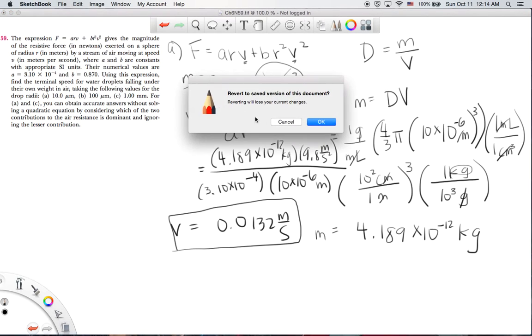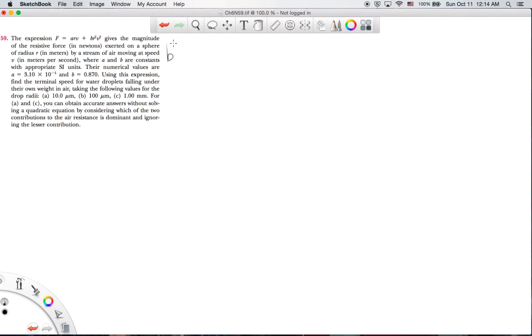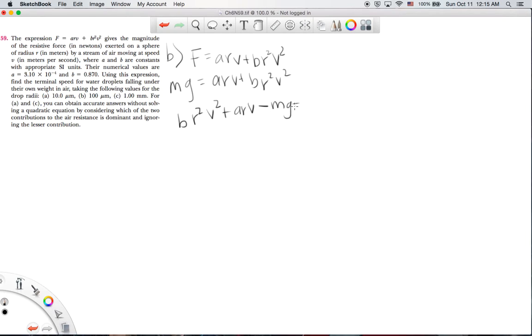Now to part B. This is when the radius is 100 micrometers. So we have F equals ARV plus BR squared V squared, and both of these terms are going to be significant, so we're going to have to use the quadratic formula at some point. So mg equals ARV plus BR squared V squared. If we move this around, we get BR squared V squared plus ARV minus mg equals 0. So we have our quadratic